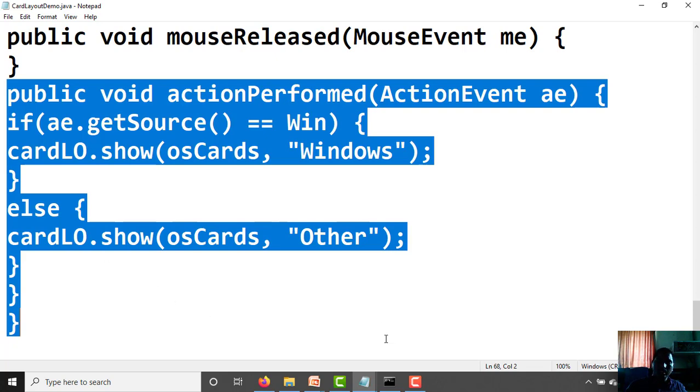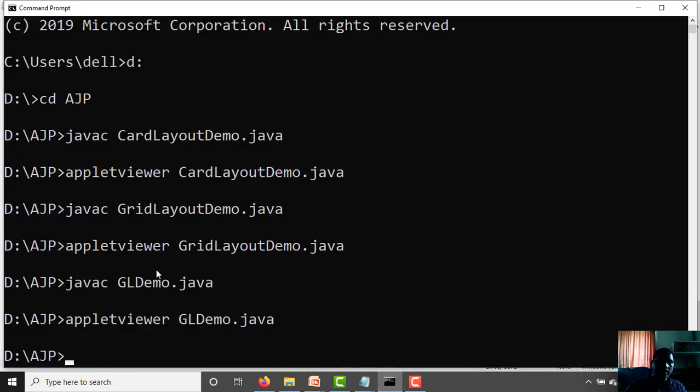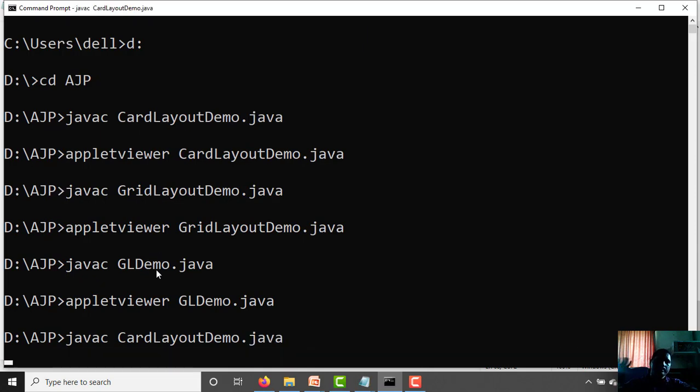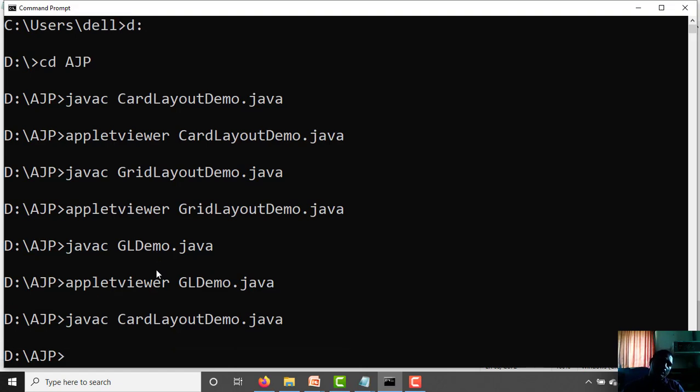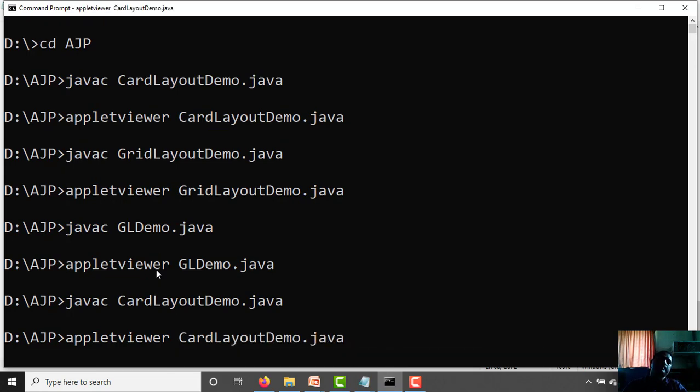See how the output appears on the screen: javac CardLayoutDemo.java. Okay, compilation is successful. appletviewer CardLayoutDemo.java.